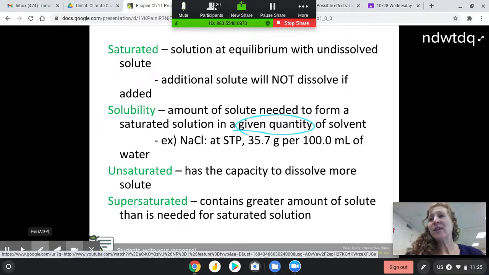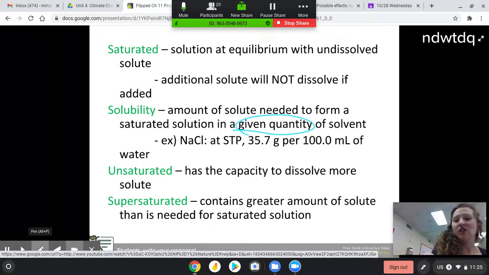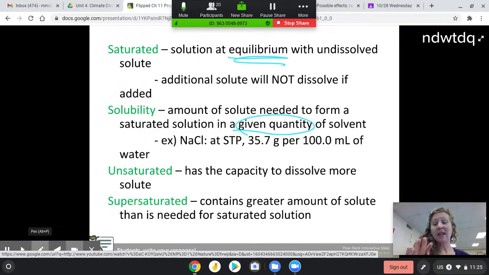Okay, so the concept of equilibrium, we can revisit this just a little bit. We're going to have a whole chapter on equilibrium down the road. But essentially what it is is when a reaction has hit a point where the forward rate and the reverse rate are equal. And so you can think of